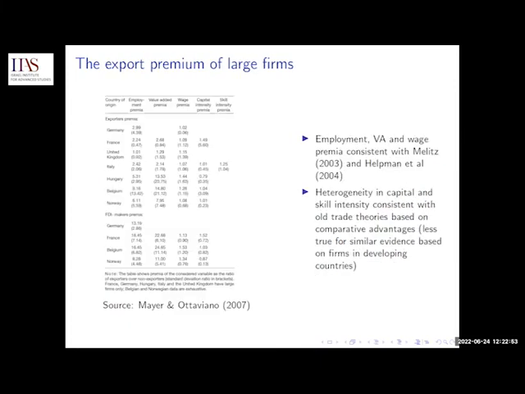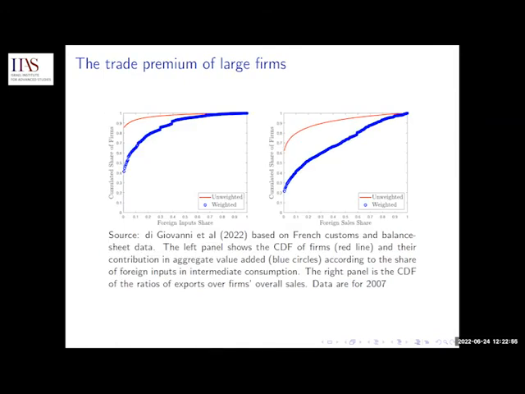Okay. There are many more ways we can measure this trade premium of large firms. So let me just explain this graph, and then I'll go a bit quicker. But the graph is useful because I like representing this type of stuff using the same type of graph. So what I'm showing here is a cumulative distribution of firms in terms of the intensity with which they participate